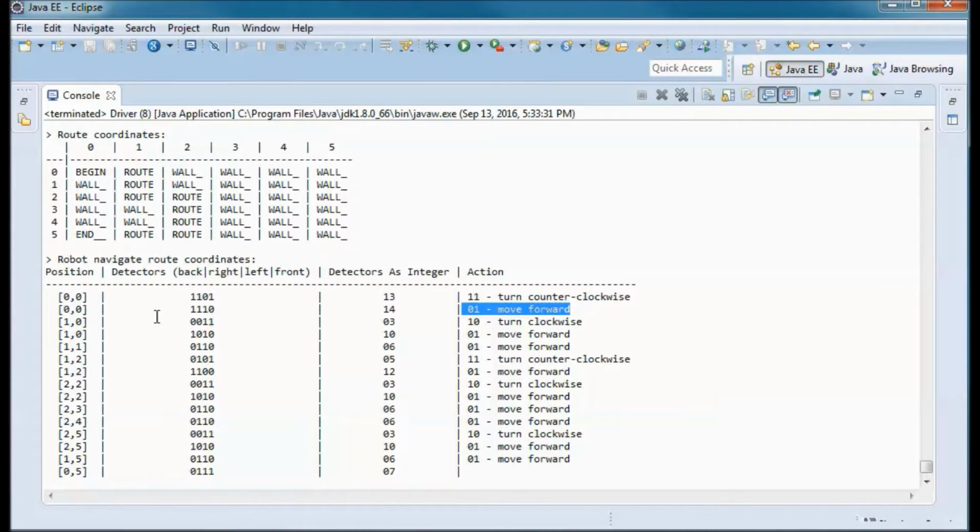So here it's moving forward from position 0 0 to position 1 0, and it can turn clockwise, and we represent that as 1 0. So here the robot in position 1 0 turns clockwise, and it can turn counterclockwise, and we represent that as 1 1.